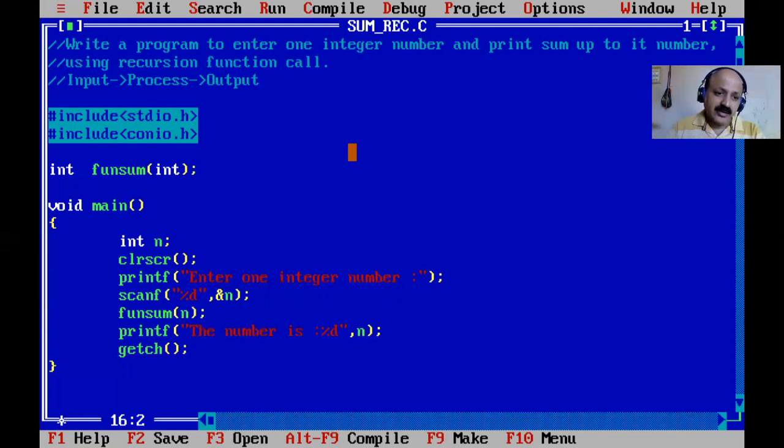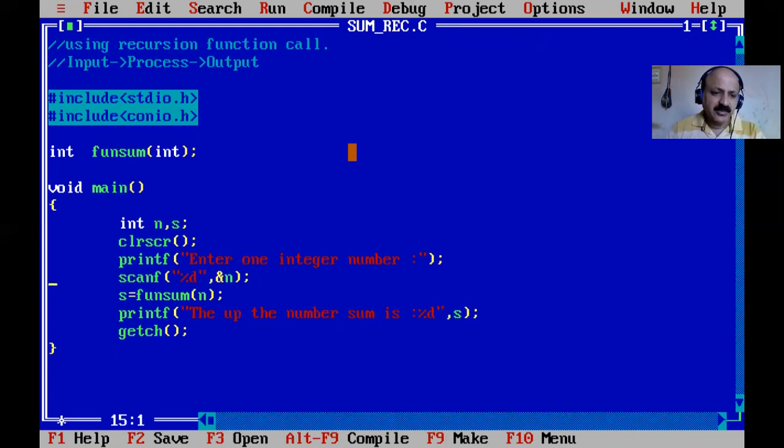For the return value we take s as an integer variable, and print the s, the sum up to the number. So scanning and printing are in main, and the logic goes into our UDF.